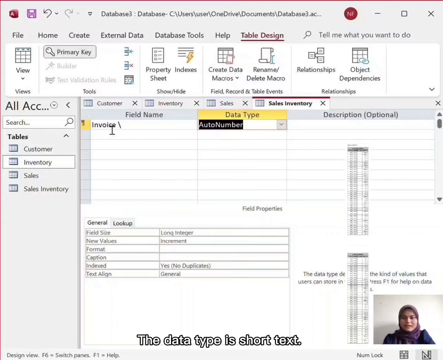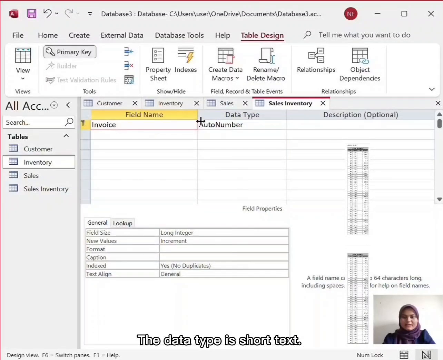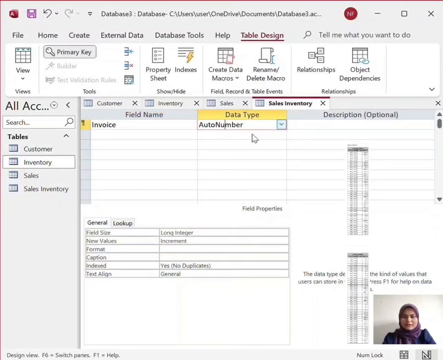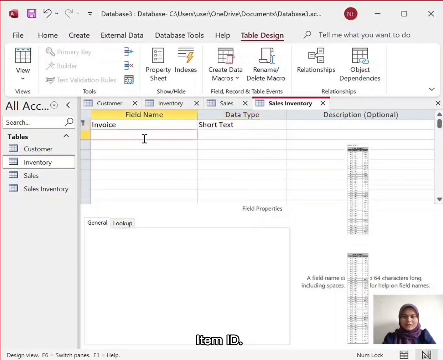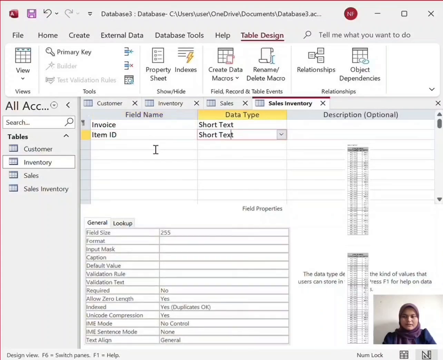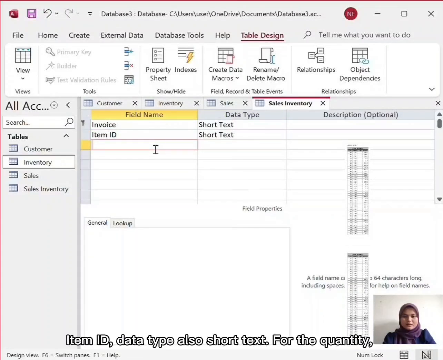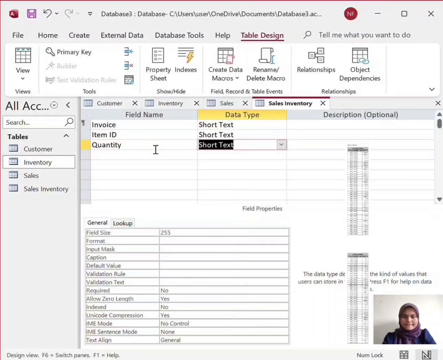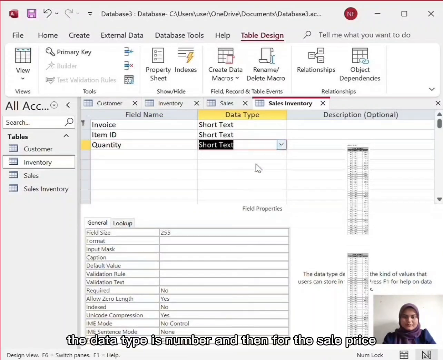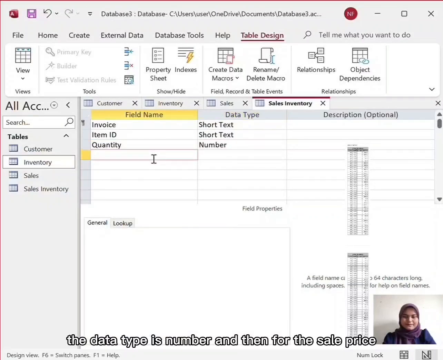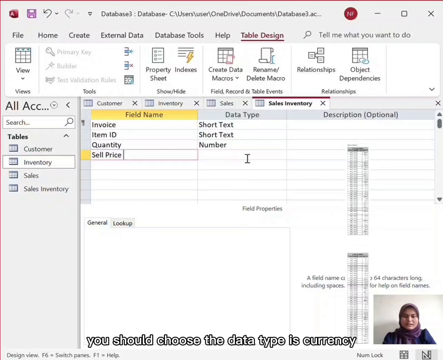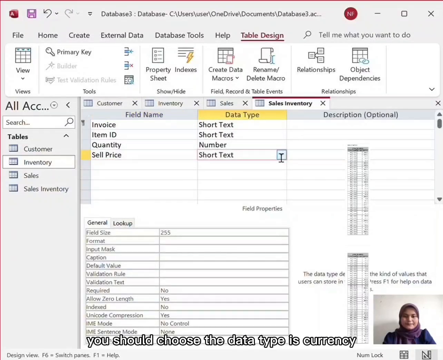Okay, the data type is short text. So item ID, the data type is also short text. For the quantity, the data type is number, and then for the sale price, you should choose the data type currency.